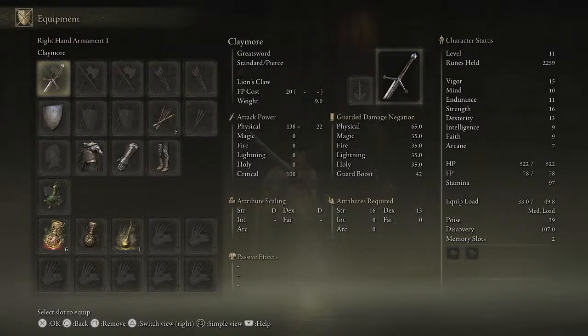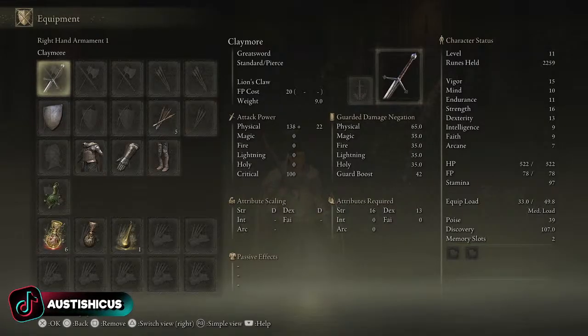This claymore scales with strength and dex. And it looks like it scales a little bit more with strength, but it has nothing to do with intelligence, faith, or arcane. Thank God. So essentially, if you're leveling up your strength and your dex, you will get increased damage on top of the base damage from the weapon. It's at a D scaling for dex and strength, which isn't the best. There are definitely some weapons out there that scale better with strength and dex, but you can always change this later on in the game, depending on your Ashes of War, your Whetstone Knives,